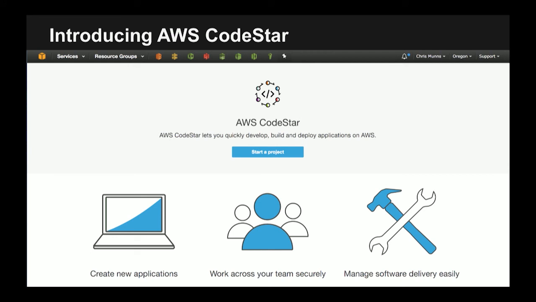Cool. So everything I just showed is actually, last week we launched a product called CodeStar. It actually combines for you CodeCommit, CodeBuild, CodePipeline. It comes with a number of pre-built, we call them templates, for applications, including serverless applications. So I'm going to really, really quickly run through that, but I want to be mindful of the time.